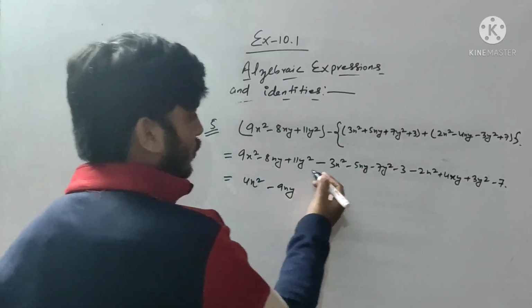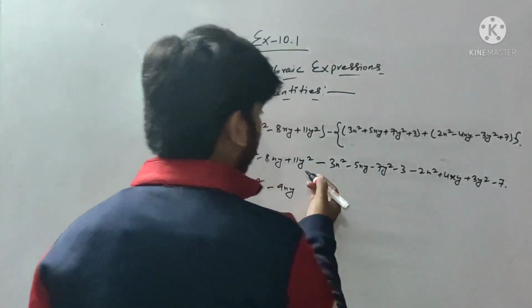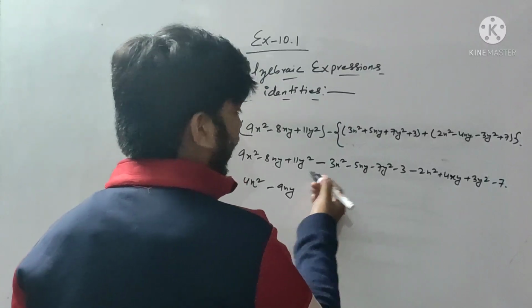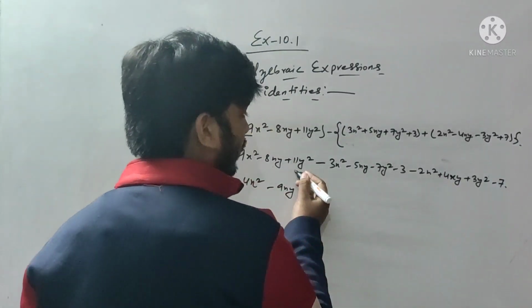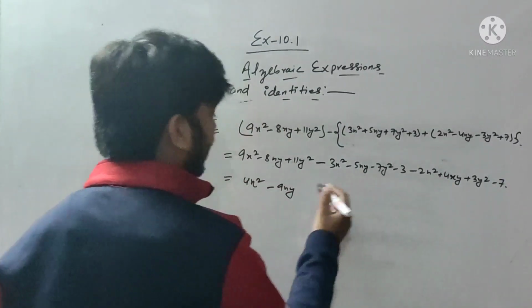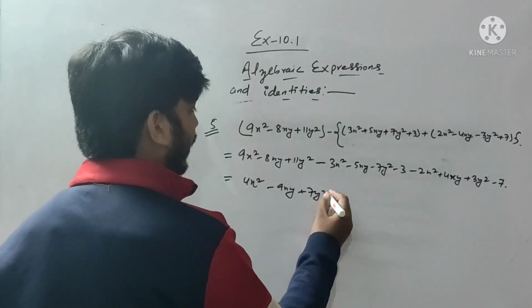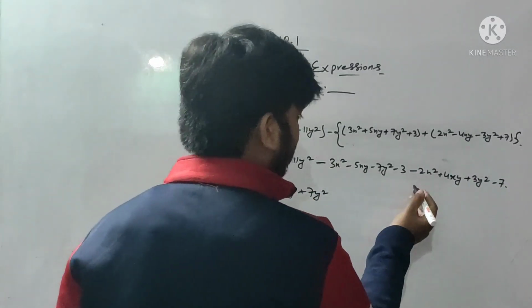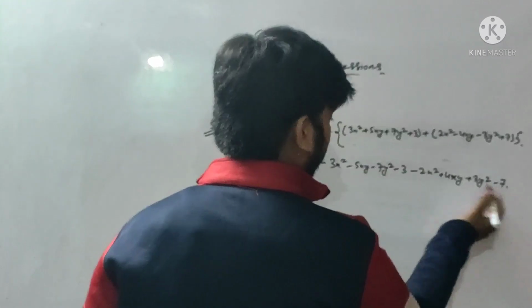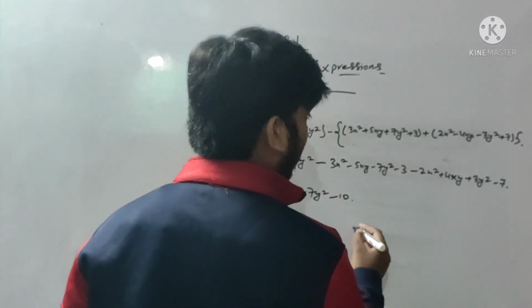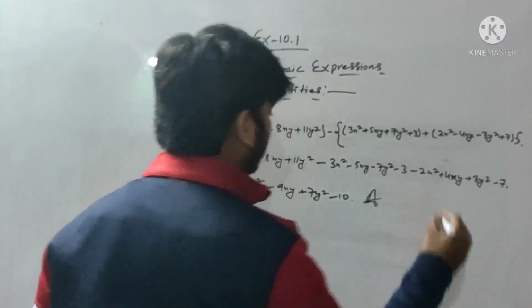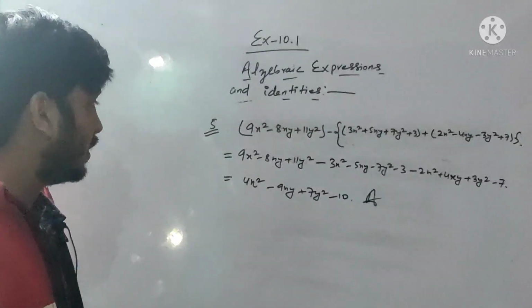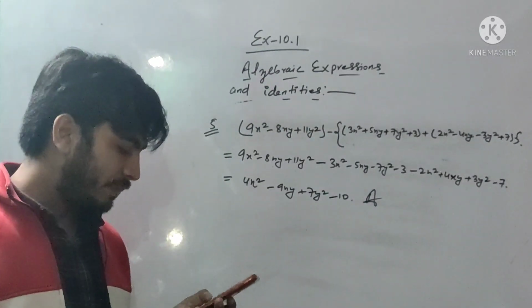And similarly this is y square, this is y square, and this is y square. So here we need to add first this one and this one. So it will be 14. If we subtract 7 from 14, that will be plus 7y square. Okay, xy is done. Minus 3 and minus this will be minus 10. I think nothing will be left. So this is the finalized answer for question number 5.